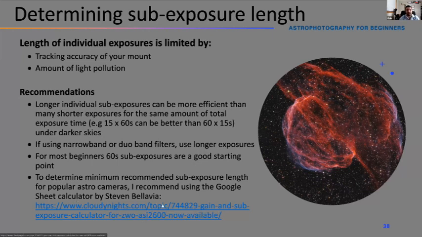So using that sheet, you just input the values: how dark is your sky, what focal length and focal ratio is your telescope, and it'll give you the minimum recommended exposure that you should be using. So that's the best way if you really want to get into the nitty-gritty. And if that calculator tells you that you can get away with using 15-second exposures, well, that's great. You can get away with it, but you also don't want to end up with 10,000 images by the end of the night if you're getting a lot of exposures on an object. So starting from that minimum exposure that it recommends, then you can increase your exposure length to something reasonable to get, maybe at most a few hundred frames. So it's easier to deal with and it doesn't take up your entire hard drive.